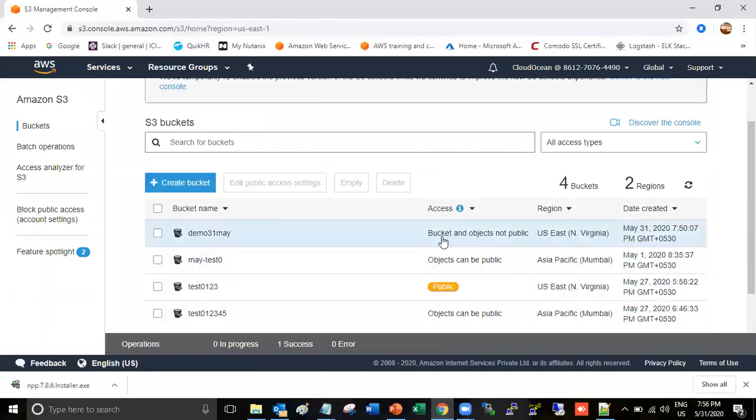See, now you can see the access type has changed.